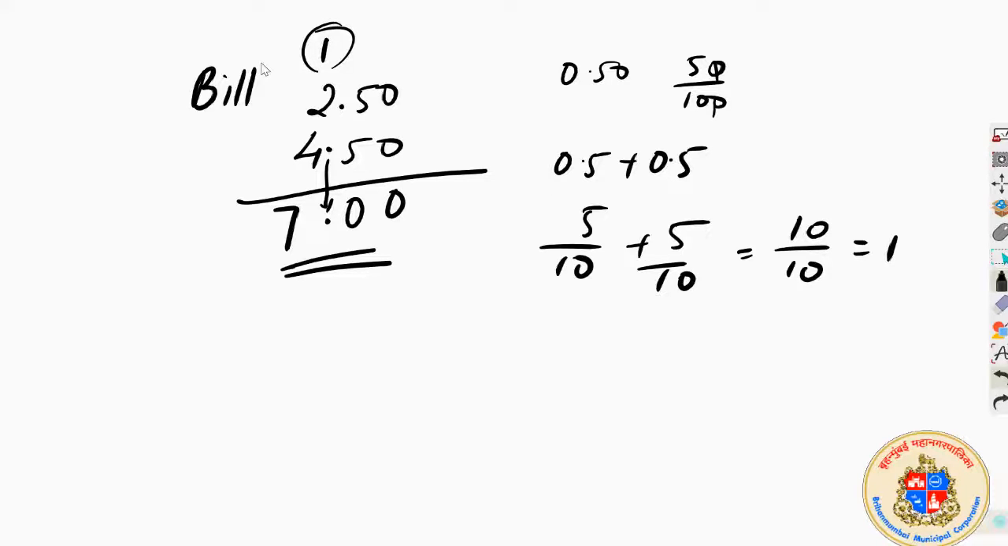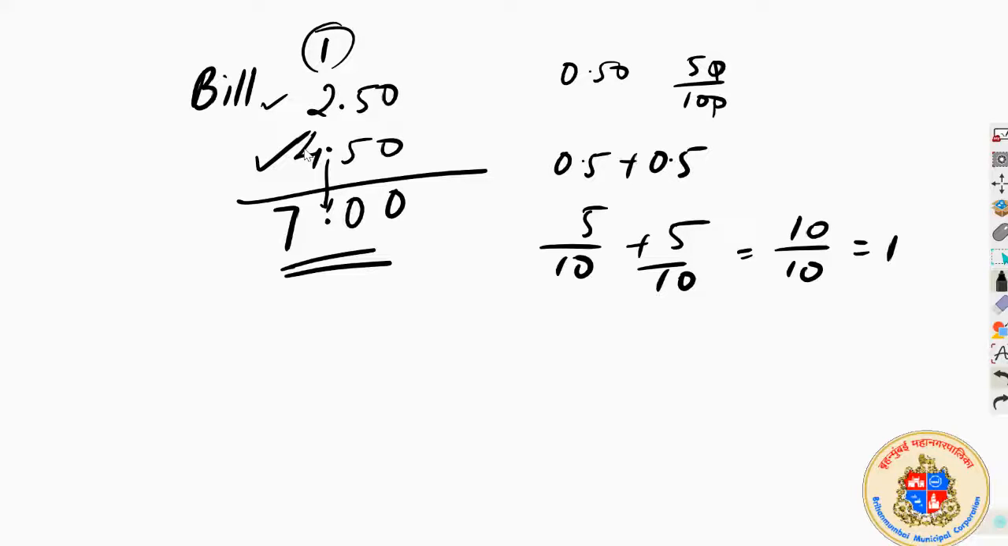Think this way or that way, you will reach the same answer. So 4 plus 2, 6 plus 1, 7. 7 rupees you will pay if the amount on the bill is written in this format, and you will do the addition like this. Understood, my dear students? So that's a simple method of understanding addition of decimal numbers, and sometimes the decimal numbers